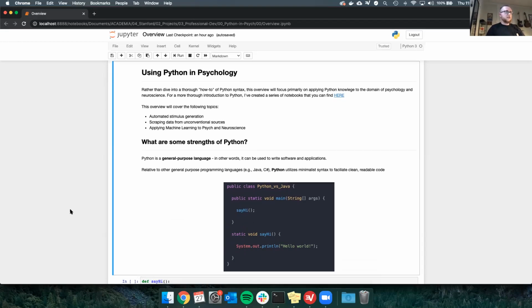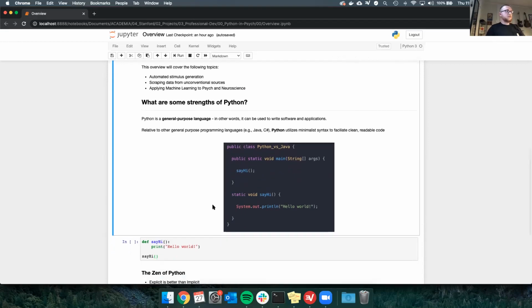Relative to other general purpose languages like Java, C#, and C++, Python utilizes really minimalist syntax. So it's very readable and it's very clean. It's also really great as a first general purpose language to learn because it's so easy to read. So in this snippet here, this is how you would print "Hello World" out to the command line